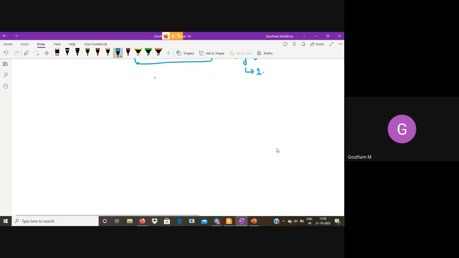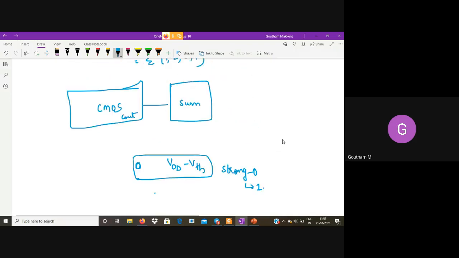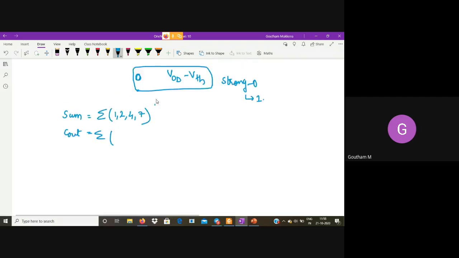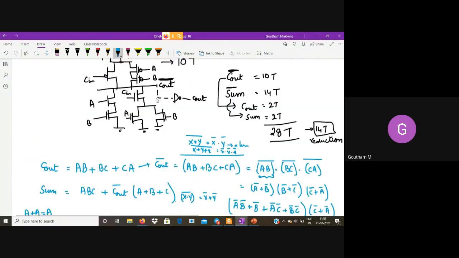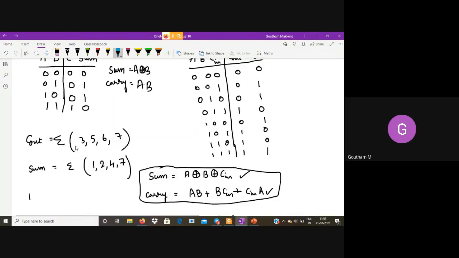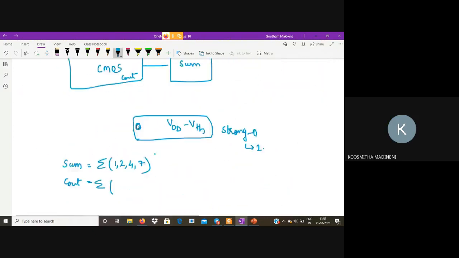Right. Before I proceed, let me write the sum and C out expressions. What is sum? Sigma 1 2 4 7. What is C out in terms of sigma? 3 5 6 7.